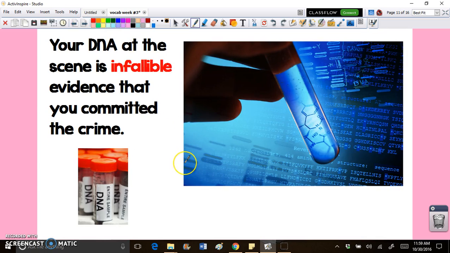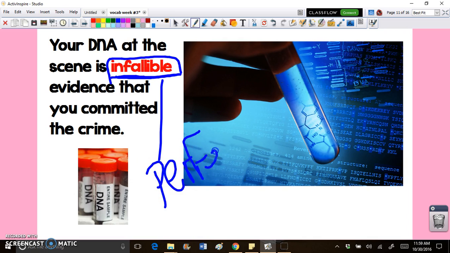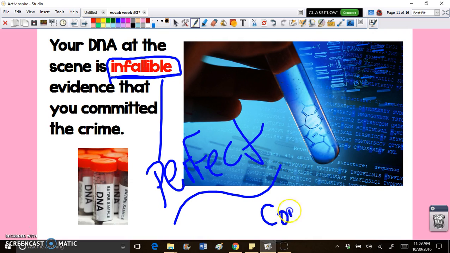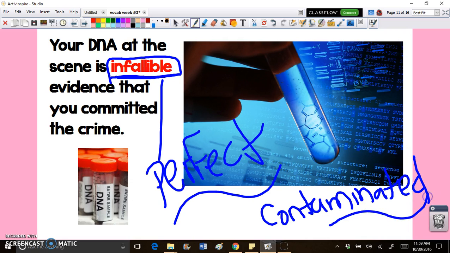Your DNA at the scene is infallible evidence that you committed the crime. It's perfect evidence. There is no mistake in DNA evidence. It cannot be mistaken with somebody else. The only way DNA evidence is not infallible is if it's been contaminated. But if the sample is pure and it hasn't been contaminated with anybody else's DNA, then it is going to